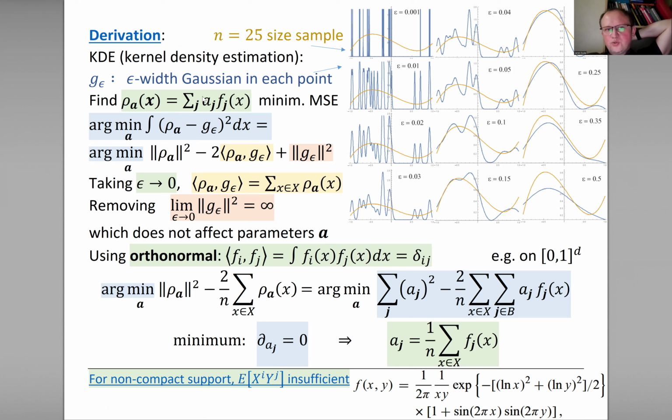So the question is, what A should we choose? We use this mean square error optimization, so we would like to minimize this integral. There is an issue here: this term will go to infinity when epsilon goes to 0, which would otherwise be useful to get the sharpest picture. However, we are not interested in the value of this function, only in these A parameters. So we just remove this term, and doing so, and assuming an orthonormal family,